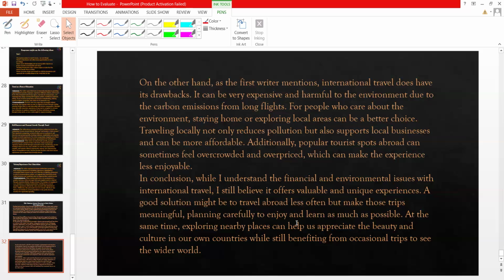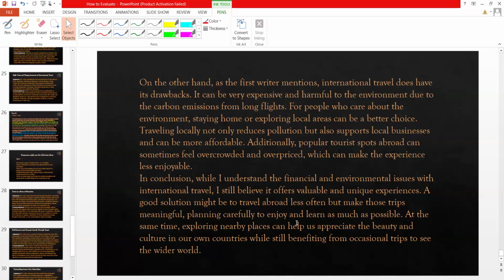Okay, so as it was said earlier, you cannot give a one-sided opinion. You should not stick to any one side. Okay, that will be too harsh. So though he thinks that one should go abroad, at the same time, he does not disagree with the point that yes, you can even enjoy within your country also. Okay, so I hope you have understood how an evaluation is done.